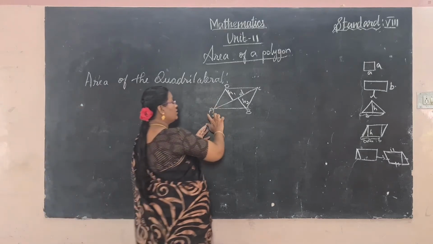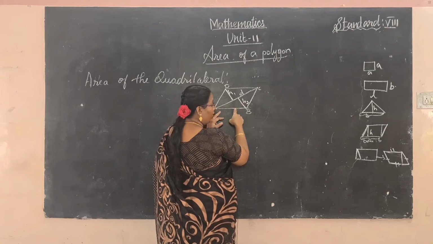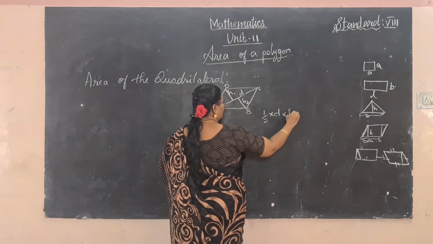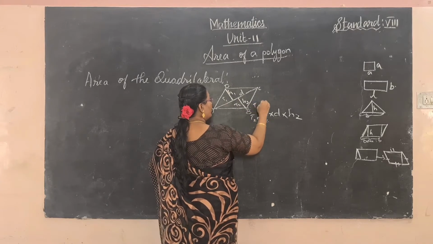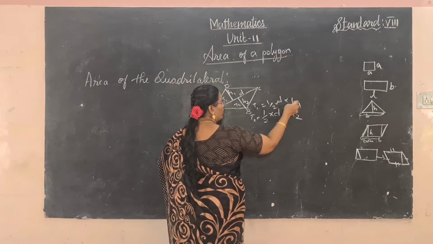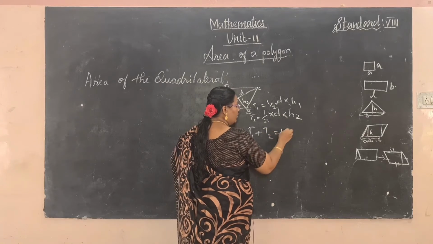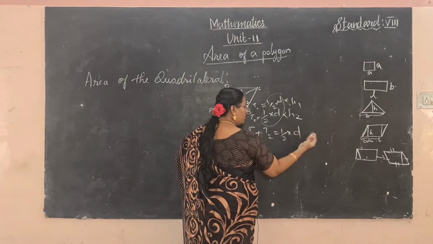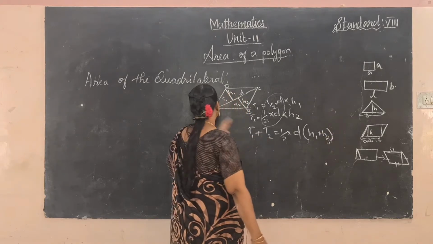Don't think that Miss is saying something strange. So this triangle ABC, what is its formula? Triangle formula: half into base value D into H2. So I take this as T2 and this as T1, triangle. So T1 value, in the same way, half into base value D into height H1. So simplify and add both, we get the quadrilateral. So T1 plus T2 is equal to half into D, both are same. So we take it outside. What is remaining? H1 plus H2.